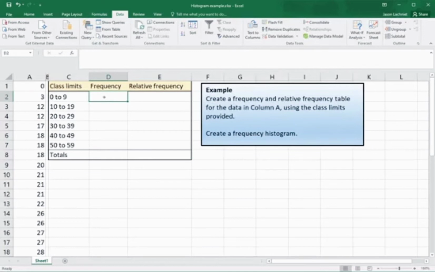So we have class limits already determined. These are whole number values, 0 through 9, 10 through 19, 20 through 29, and so on. Since we have all whole number values, we don't have to worry about values like 9.5 or 19.9 and so on. So we just want to count how many are in the 0 to 9 class, and we can do that by